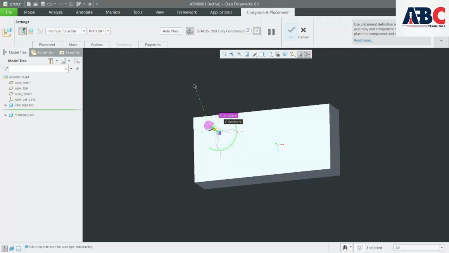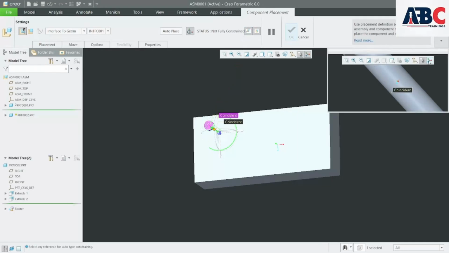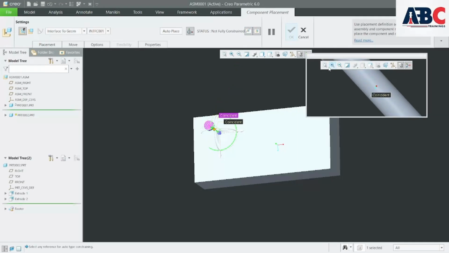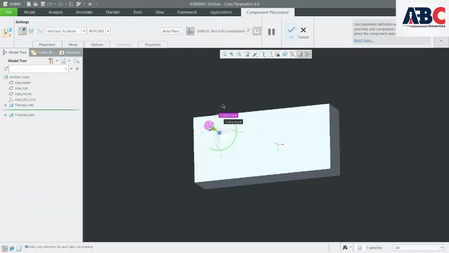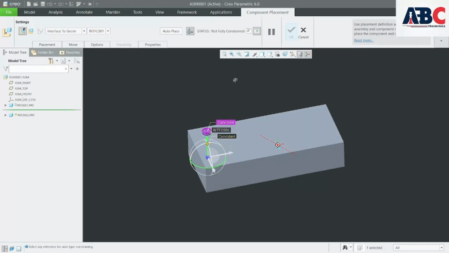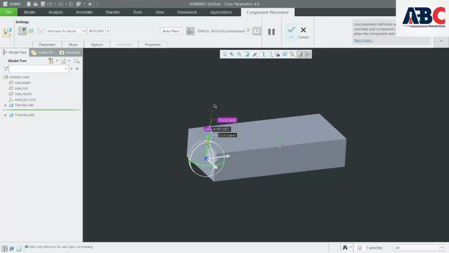interface to geometry type, not fully constrained is showing us. Okay, constraints and all that. Okay, no issue with that. But as you can see here, in general,